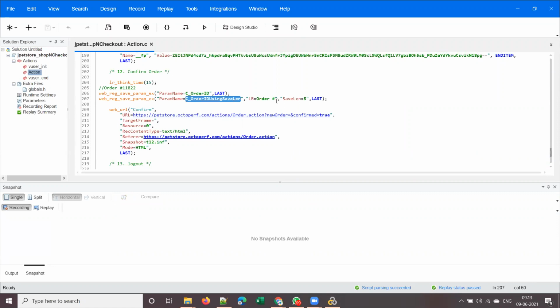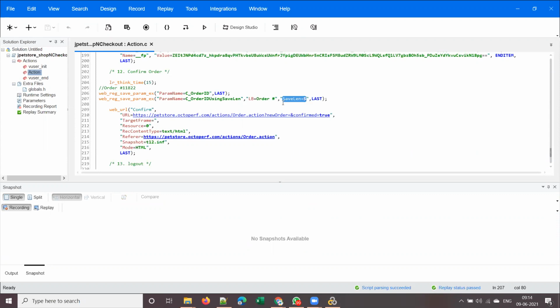Instead of right boundary, I gave an attribute called SaveLen, and I specified the value as 5. As we know, the order ID is always 5-digit. I used this as left boundary, and instead of right boundary, I gave SaveLen equal to 5. So this is one way to capture that.